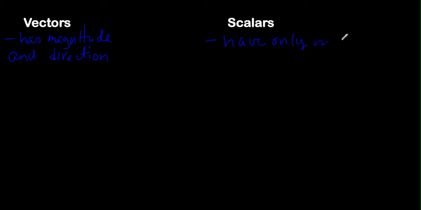Vectors are kind of defined as something that has magnitude and direction. Scalars are basically things that have only magnitude. Okay, so when you look at these two things, they look very similar. There's one subtle difference, just that this has direction. Well,